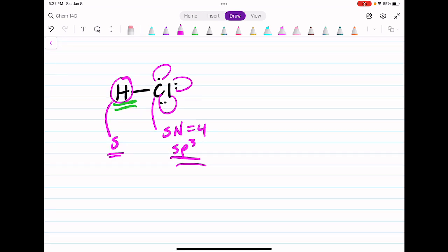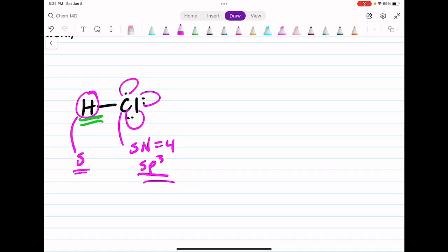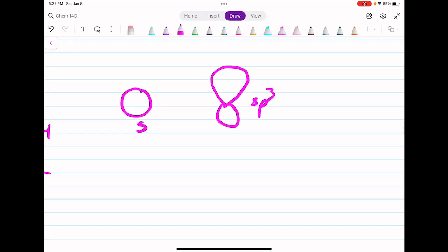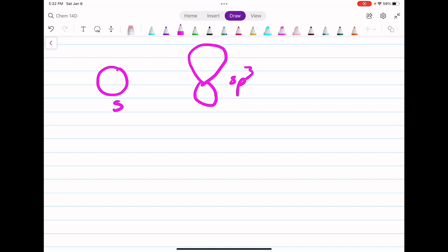So what I'm going to do is look at the bonding molecular orbital between hydrogen and chlorine and the anti-bonding orbital between hydrogen and chlorine. So I have an s orbital for hydrogen that is like this, spherical in shape. And then I'm going to have an sp3. I'm going to draw something like this. And then I know that I'm going to do the head-to-head overlap, which means nothing really for the s orbital, but it means something for the p orbital, meaning I want to rotate it on its side so that